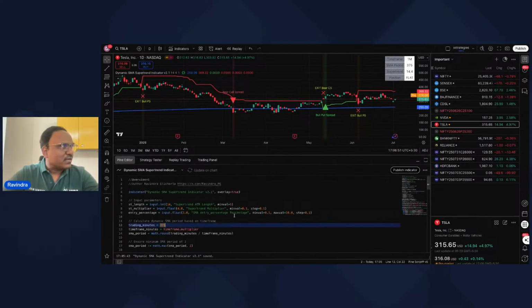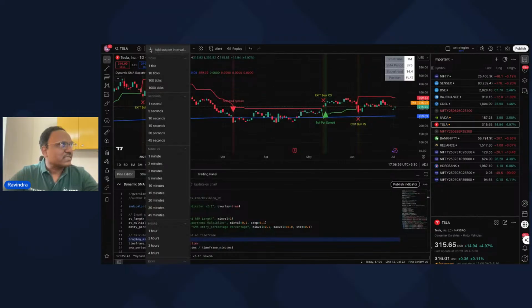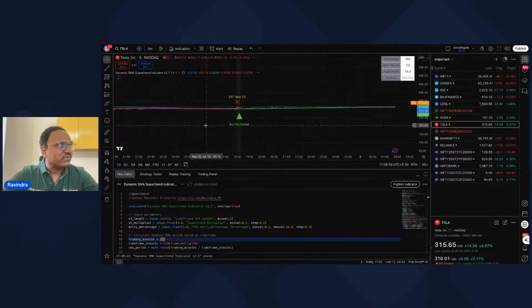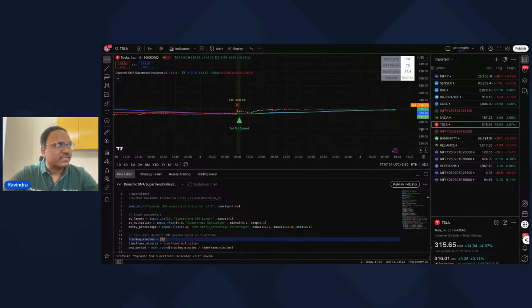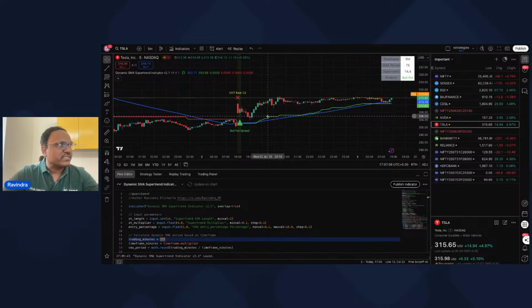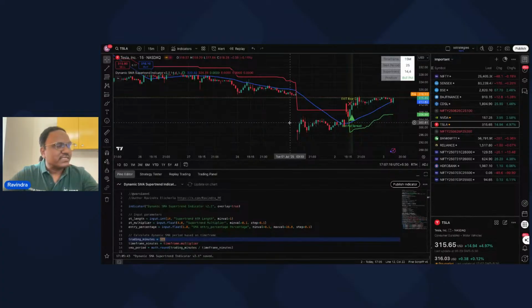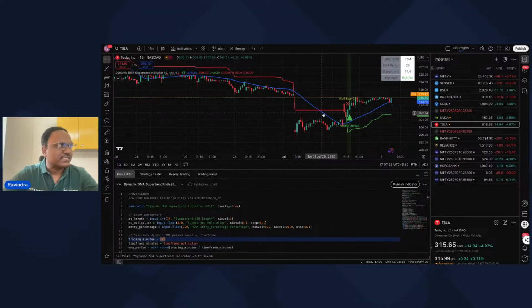So the only thing that I did was, generally earlier when I was making some of these indicators, I would get confused about, let's say if I go to a 5 minutes chart, what kind of EMA or SMA I need to use. So in this case, it automatically picks up the SMA. I think it is basically 375 divided by 5. What is the number that comes? That SMA would actually come here. And for instance, if I do 15 minutes, it is going to be 375 divided by 15. What is the number that comes? That would be the SMA. This is the SMA line.